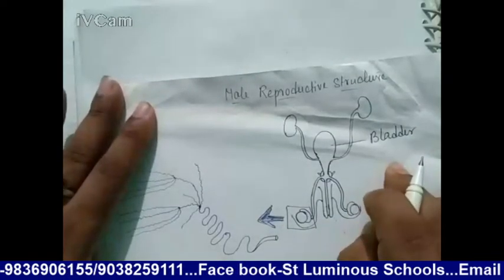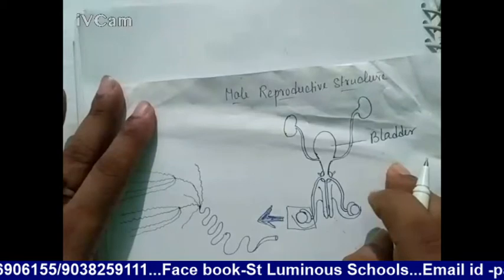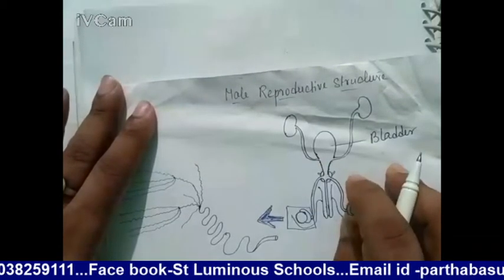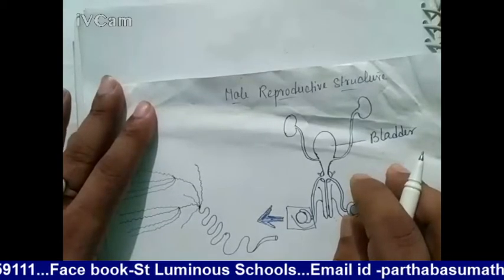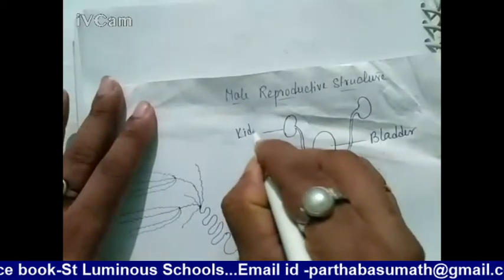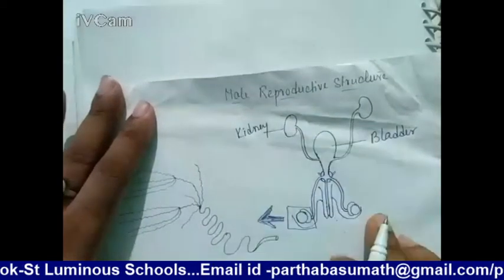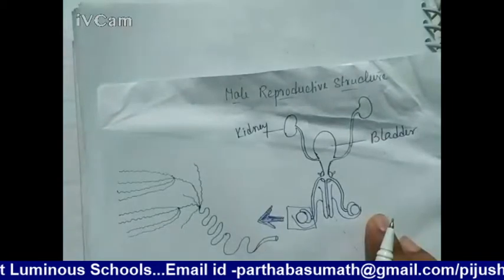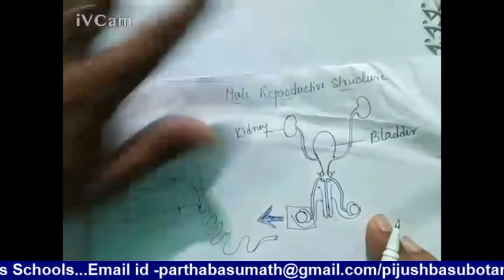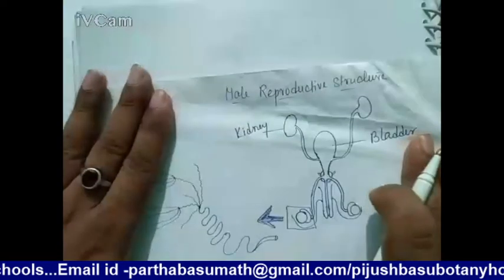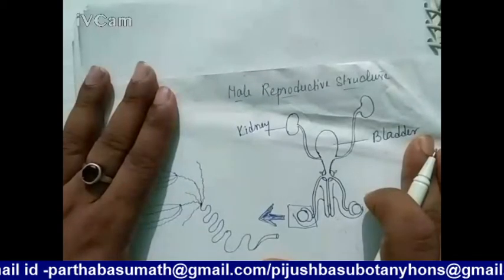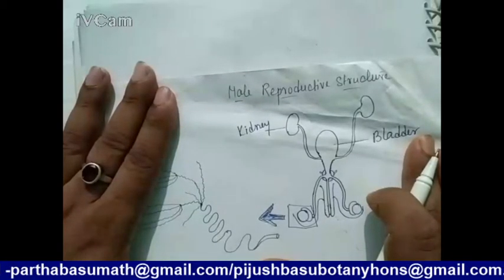So this is the urinary bladder, and the urinary bladder is connected with two kidneys, left and right. This is the kidney. Look at the picture. So there are two kidneys, left and right, and the kidneys are connected to the urinary bladder here. If you look at the picture properly, in this structure we need to understand the function of every part